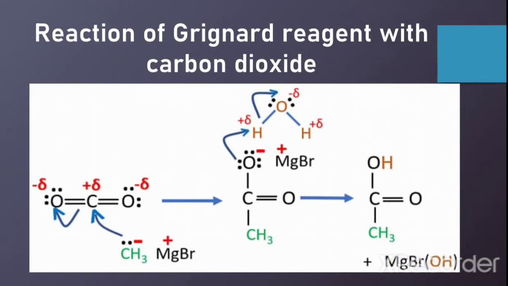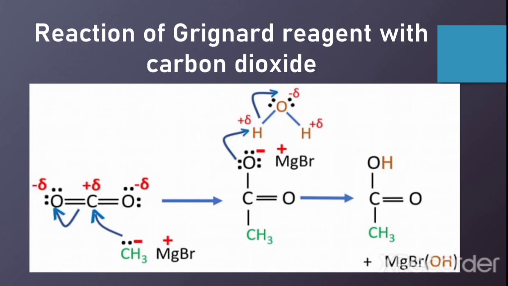And the other is the reaction of Grignard reagent with carbon dioxide. So in the carbon dioxide, one carbon to oxygen double bond will break, and the carbon will react with the Grignard reagent, and the alkyl group from the Grignard reagent will attach to the carbon, and the oxygen that was double bonded with the carbon will break its double bond and only has a single sigma bond, and this oxygen will temporarily attach to the magnesium halide or magnesium bromide, and this oxygen with partial negative charge will